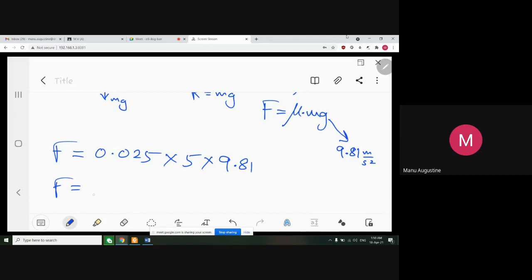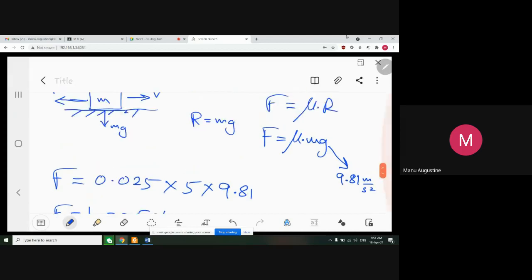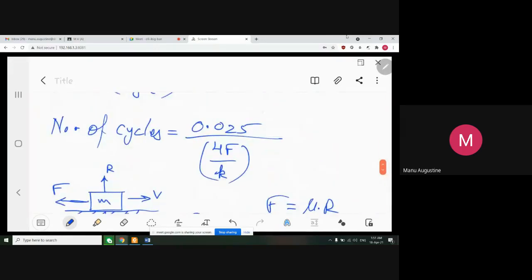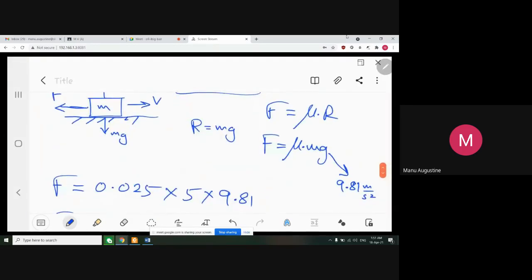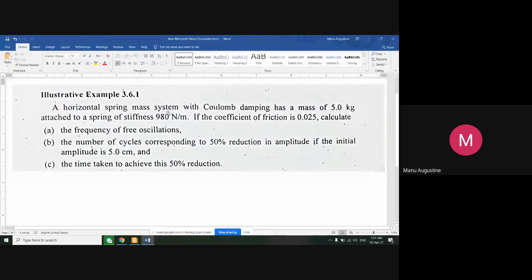This should come to be equal to, F is equal to 1.225 न्यूटन, इतना आना चाहिए। अपन को क्या कैलकुलेशन करनी है, नंबर ऑफ साइकिल्स निकालने के लिए ये करना है। तो F तो मिल गया, K दे रखा है आपको, K की वैल्यू है 980 न्यूटन पर मीटर।